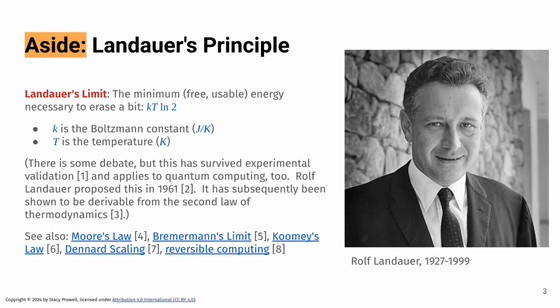But what does that mean? Well, as an interesting aside, and I do find this topic interesting, there's something called Landauer's limit. This is the minimum amount of free usable energy necessary to erase a bit. That is, if a bit is stored somewhere and we want to return that to a pure entropic state, basically turn it into something that we don't know what's there, we couldn't predict what's there, we need a small amount of energy to do that, and that energy is given by a formula proposed by Rolf Landauer, and that is the Boltzmann constant, which is joules per Kelvin, times the temperature in Kelvin, times the natural log of 2.